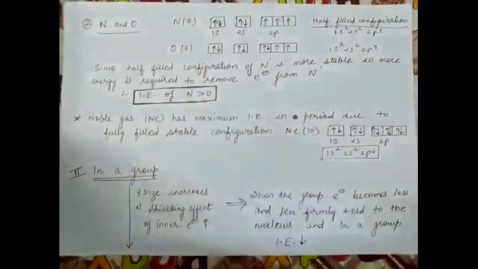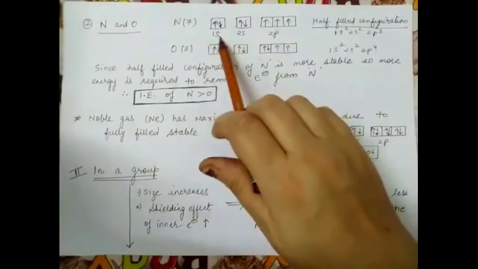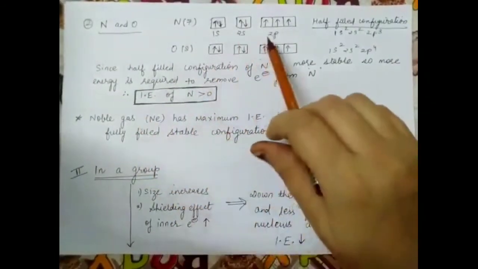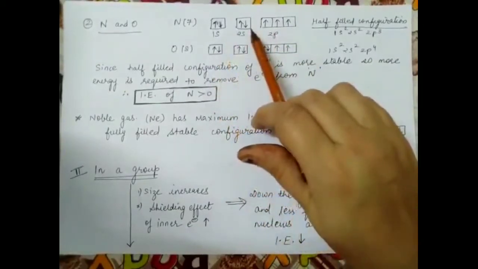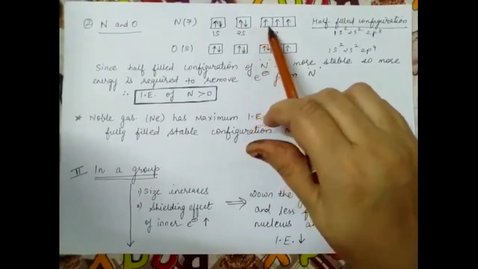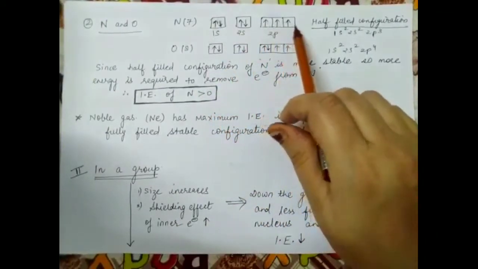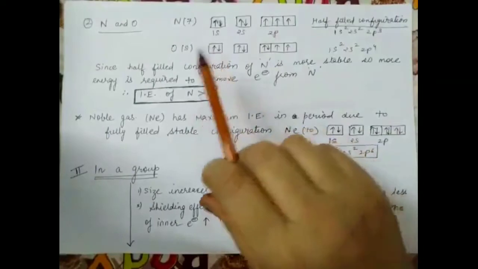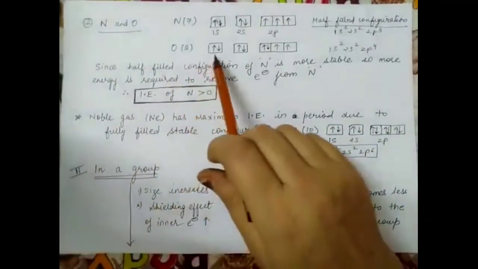The atomic number of nitrogen is 7. 7 means I have to fill 7 electrons now. So 1s orbital will be having 2 electrons, 2s orbital will be having 2 electrons, and these are 2p orbitals. 2p orbitals are 3 in number, so 4 electrons are already occupied in 1s and 2s. Now 3 electrons will come here, and these orbitals are first filled single. This is a rule. If 3 orbitals are together, first we have to fill them single. Clear? And in case of oxygen, now the atomic number of oxygen is 8, so 2 electrons will come in